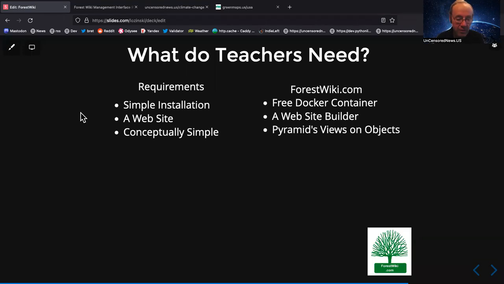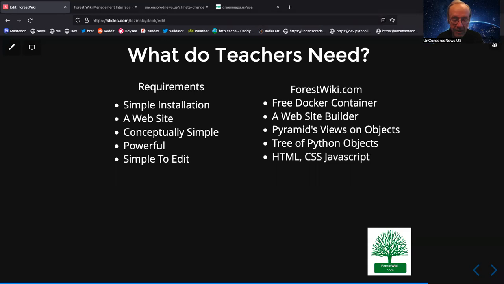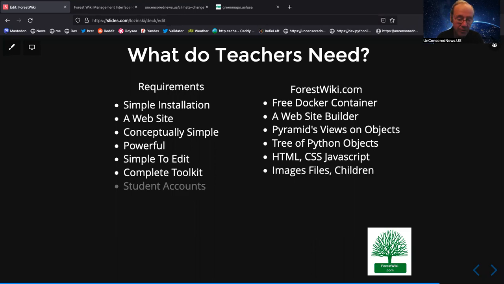So that's Pyramid views on objects, and it needs to be powerful. So it's a tree of Python objects. Actually, there are all kinds of web development. It's also a tree of web development objects, generally a tree of Python objects. Simple to edit. We've seen the syntax checking HTML editor, the WYSIWYG HTML editor. There's also a CSS editor with syntax checking, a JavaScript editor. It needs to be a complete toolkit, so there are images, files, children, sort of everything you need to put